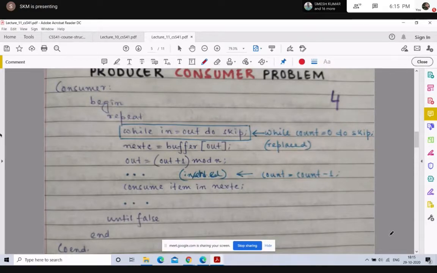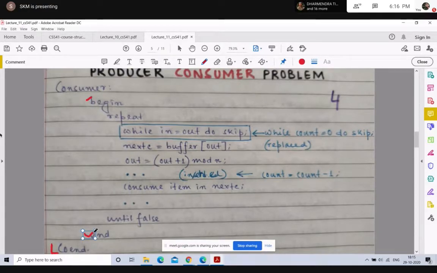If you see, both the producer and the consumer process will be within the same cobegin and coend statement. So it started with the cobegin statement, and here it's the coend statement. And for the consumer process, we are writing the consumer process within a begin and end construct. So the producer process was within a begin and end construct. The consumer is within a begin and end construct. And both these begin and end statements are within cobegin and coend. That means that both this consumer and producer process are running concurrently.